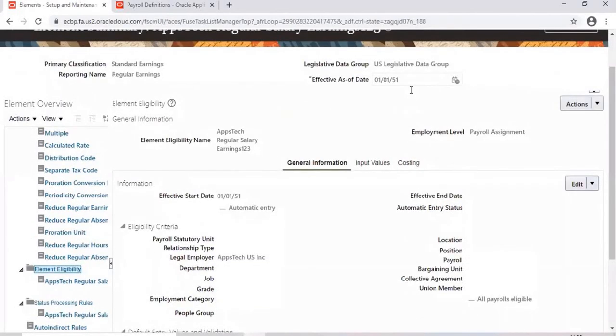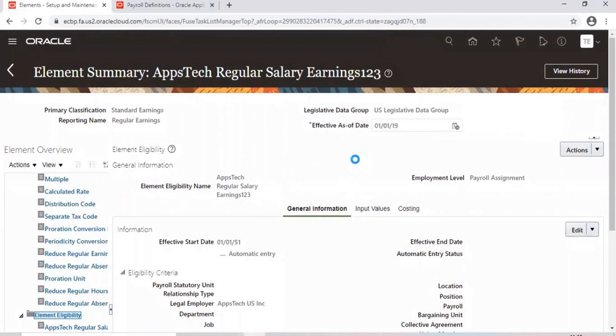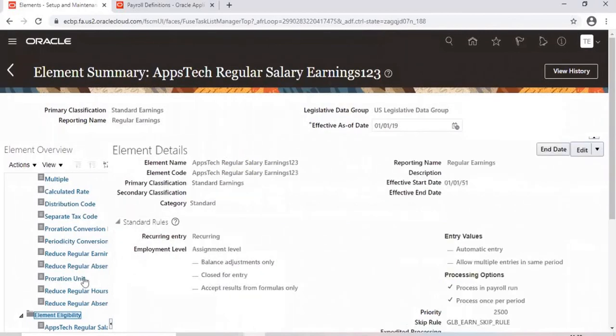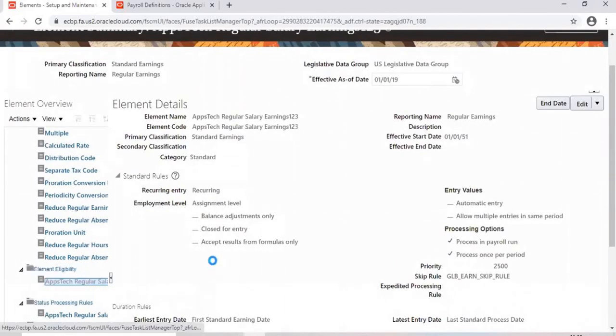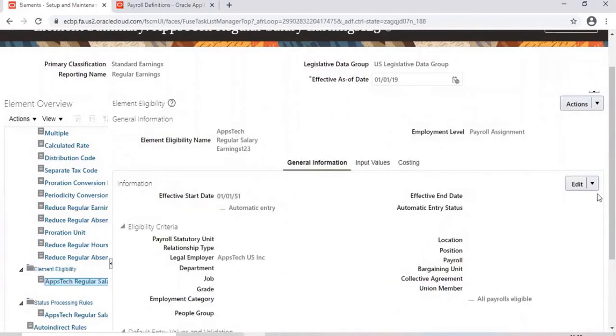So otherwise, what I have to do is go here, 1/1/2019, then you can update here. From 2019, right? Yes.